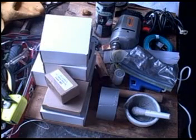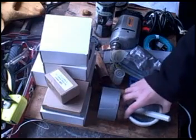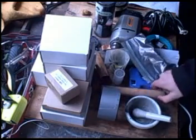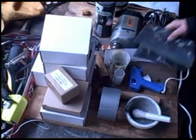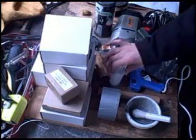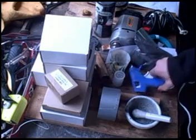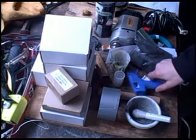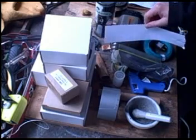Alright guys, what you're going to need to make this project is duct tape, a mortar and pestle, a ramrod to make your tube with, meal black powder, a film canister with top and bottom, a hot glue gun, some sort of paper to make your shell with. I'm using printer paper,